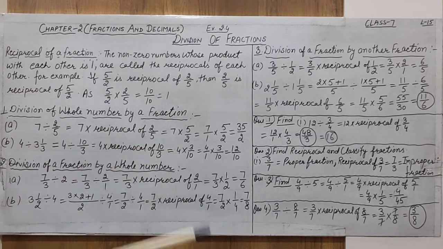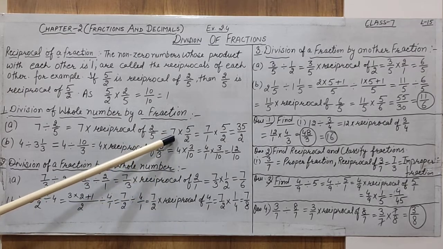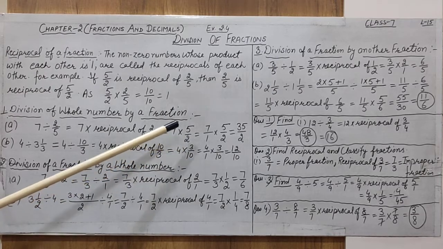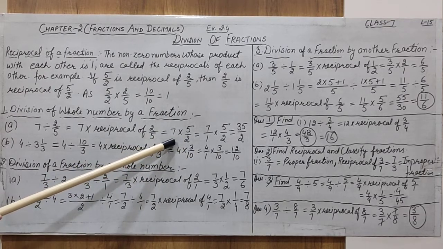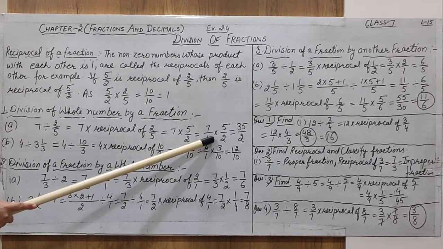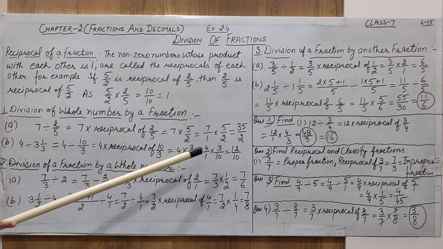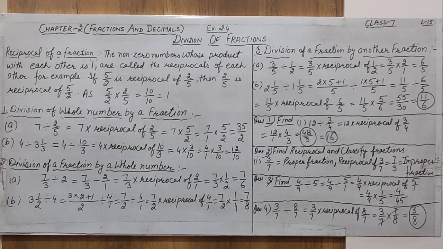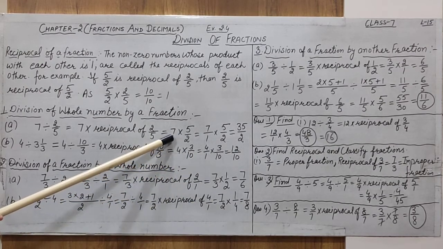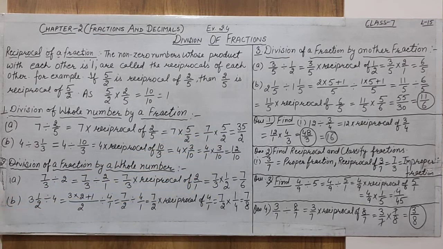Now this process is possible. As you know, in multiplication we can multiply a whole number with a fractional number. And what is the method? First of all, change the whole number into a fractional number with the help of 1. 1 can be placed in the denominator because it does not affect the value of the whole number. So instead of 7, we must write 7 by 1 multiplied with 5 by 2.